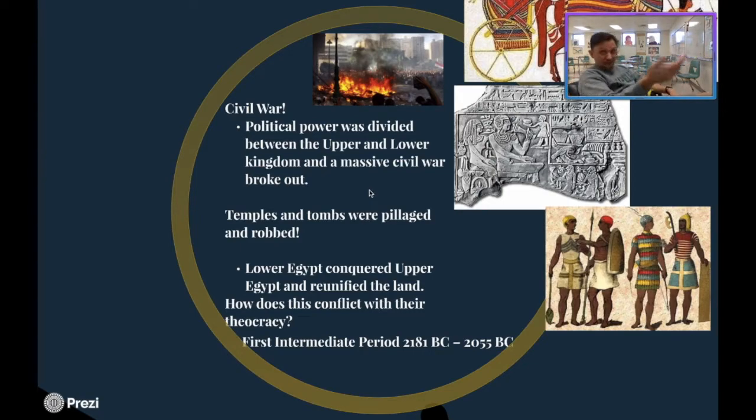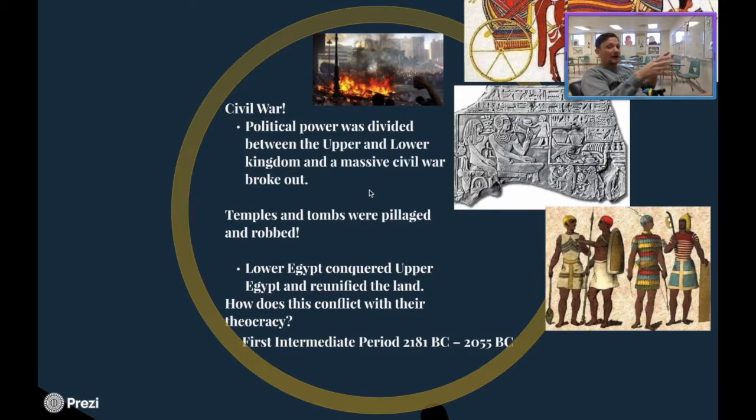Just to give you a heads up, if you don't know the difference between a civil war and a regular war, a civil war is a war that occurs inside a country between two different populations, right? For example, the United States had a civil war between the North and the South. We need to know this term, civil war, because it does come up in this class all the time.